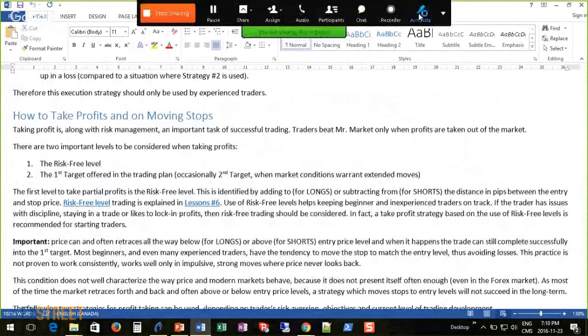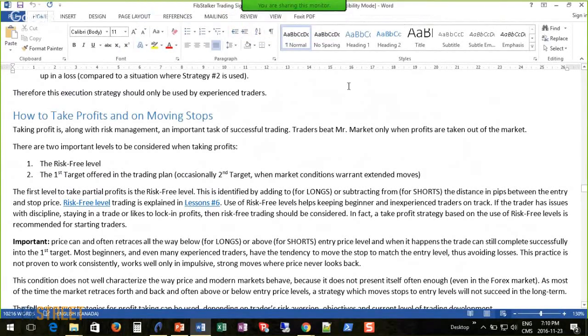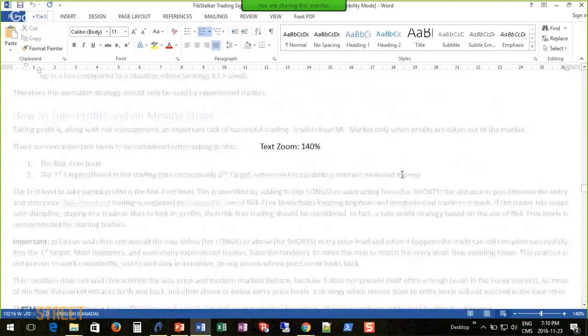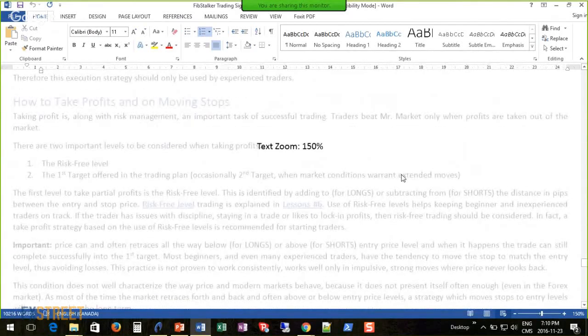As you might know, I'm a fan of using risk-free levels and risk-free trading. Now, I explained risk-free trading last week, but I'll do a very quick recap about what risk-free trading is and how we calculate the risk-free level. And the risk-free level is involved in the first strategy. As I mentioned, we're going to review 2 strategies here. The first one is